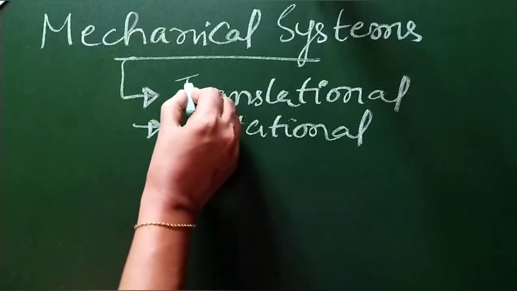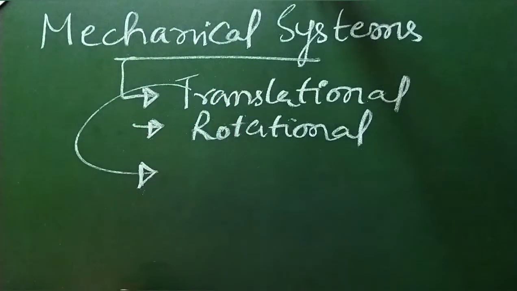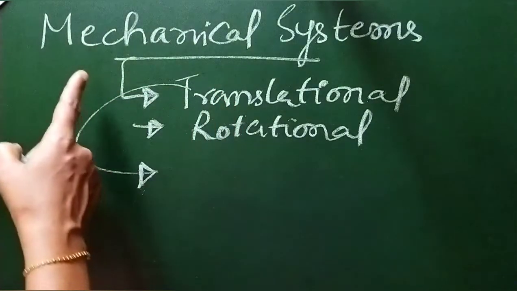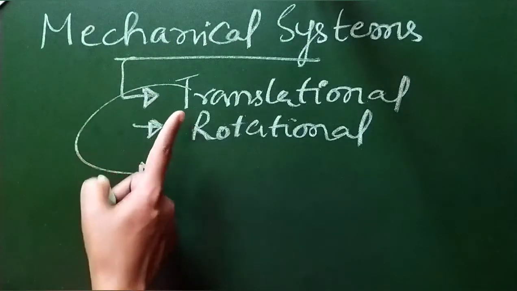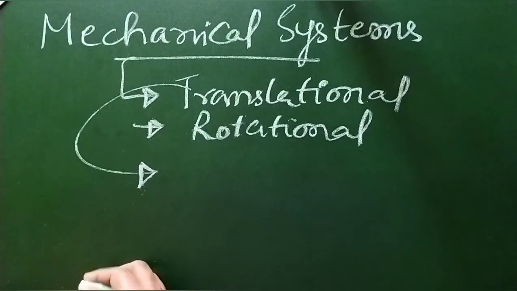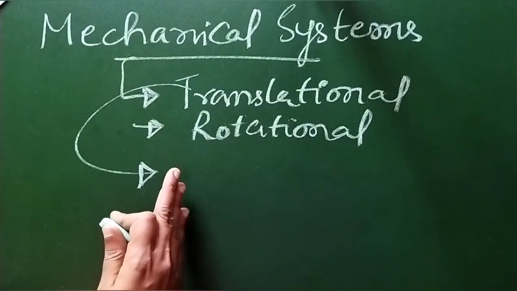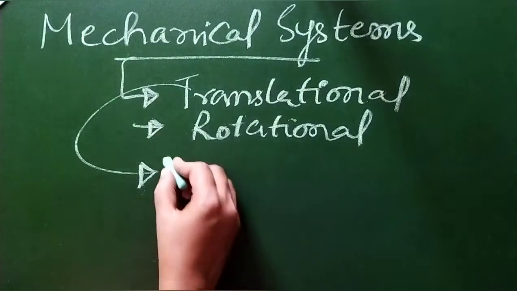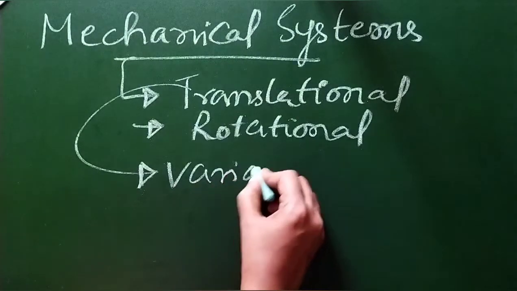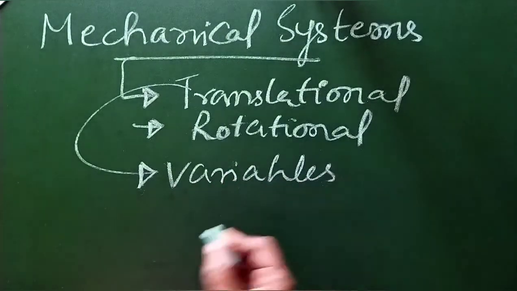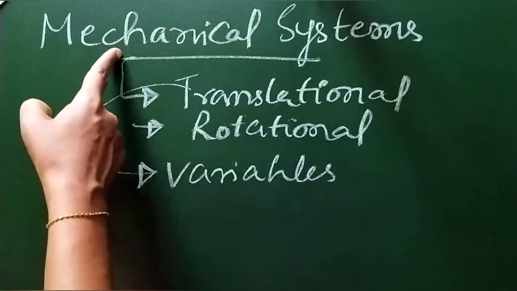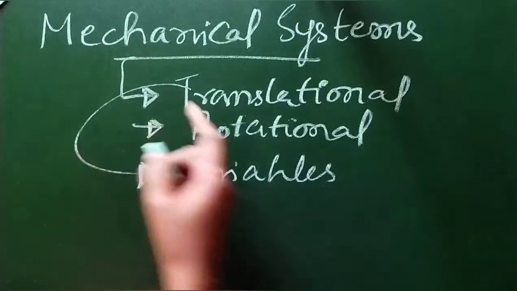Now, today we'll see the very first type, mechanical translational system. And in this system, we do have certain variables. Those variables defining this mechanical translational system are